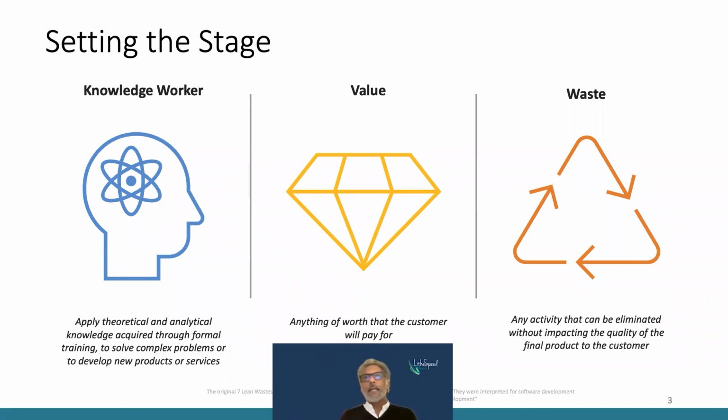When we talk about value, it's anything that our customers are willing to pay us for. So quite simply, that's it. And when we talk about waste, it is any activity that we can eliminate without impacting the final quality of the product or the value that we are delivering to our customers. That's really the context in which we're going to talk about recognizing waste and finding waste using a value stream